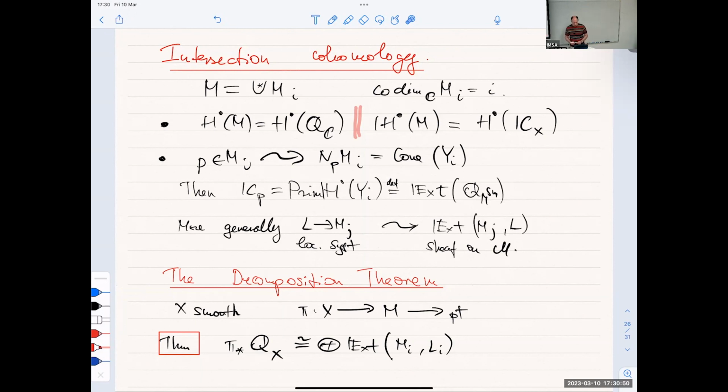So whatever you do, there is sort of this category for which this is actually not completely canonical, but any smooth X, so it's not a resolution because X could have higher dimension, but any sort of pseudo-resolution of the singularities will always result in the following thing. Now, of course, what is pi lower star Q_X? If you push it all the way down to the point, as I explained here, it's just the cohomology of the variety X. So what you see on the left-hand side essentially is just the cohomology of the smooth variety, decomposed into these pieces having to do with the strata of the map with some local systems,